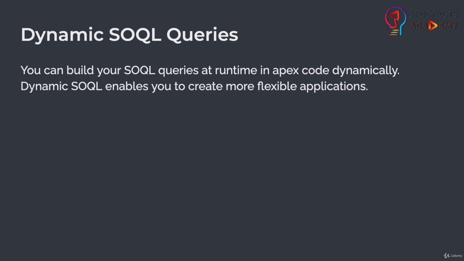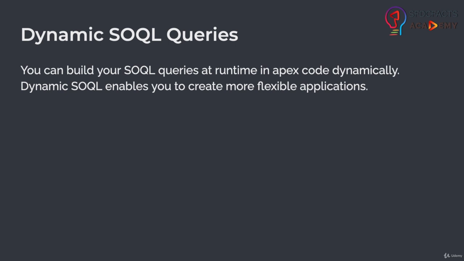Let's talk about building dynamic SOQL queries. A dynamic SOQL query is something that you build at runtime using some condition in your Apex code. The dynamic SOQL query enables you to create more flexible applications. For example, based on some condition, you can change the retrieval fields in your SOQL query. You can also change the where conditions in your SOQL query, or you can change some other clauses in your